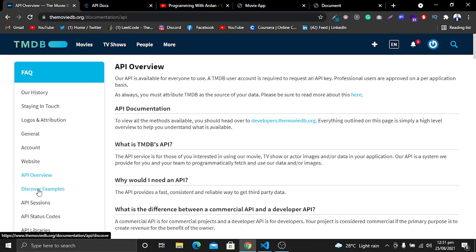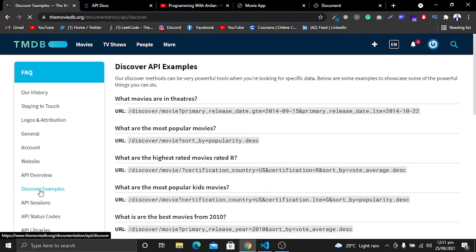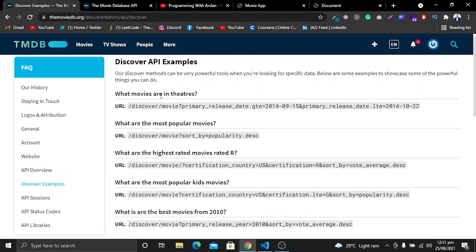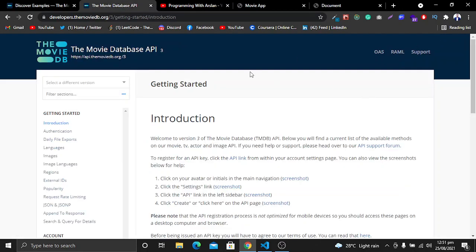Now let's see some other examples. I will click on discover examples. So what we want to do is, you can use the different APIs here. For example, you can arrange movies on the basis of release date, popularity, or for example which movies are highest rated in this sequence. But what I want to do is use this one, which is on the basis of popularity. So I will use this. So let's go here, and now you will see this is loaded.